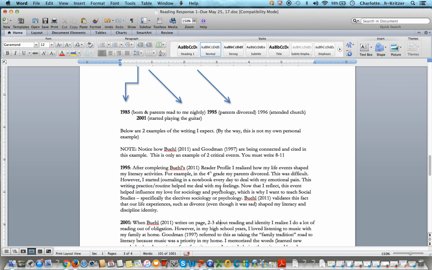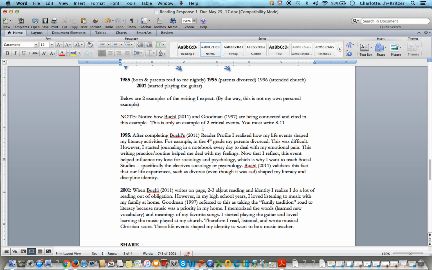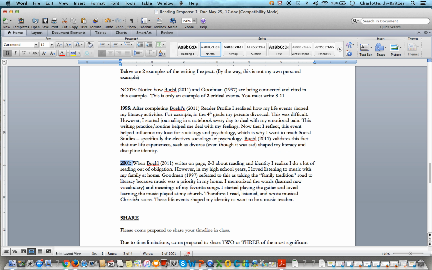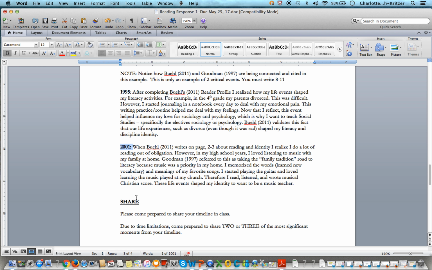Here's another example that started playing the guitar 2001. So here gives me the background of why starting the guitar is an important literacy event in this person's life. When Buell, again, me as the professor, is like, oh good, they did their reading, and they're even saying on page 2 and 3, when they were reading about the reading and identity, they realized that they did a lot of reading out of obligation.